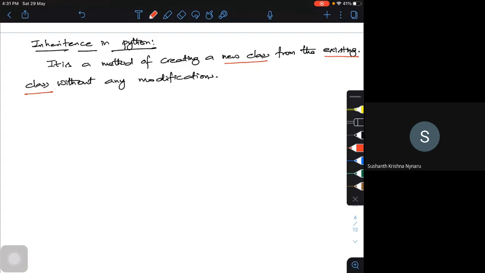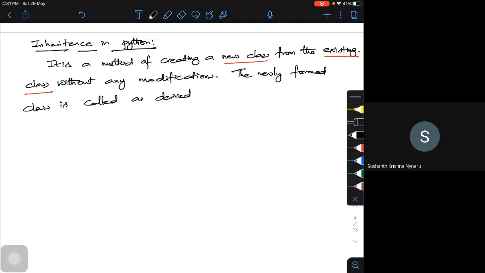Hope you remember that in physical units also we have main physical units and derived units. The same way, the newly formed class is called a derived class.